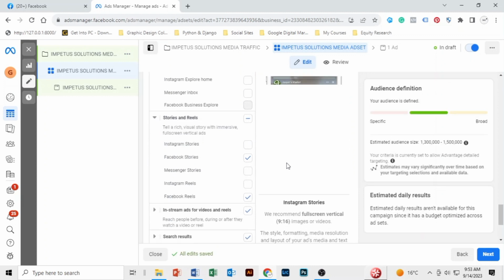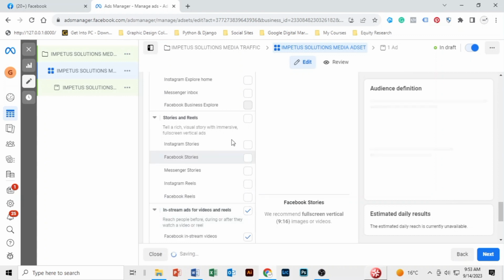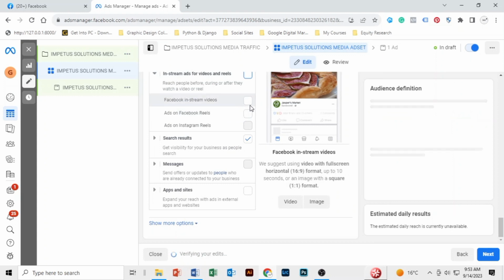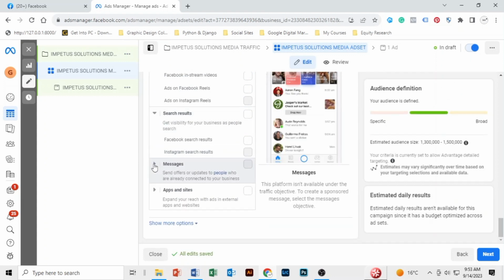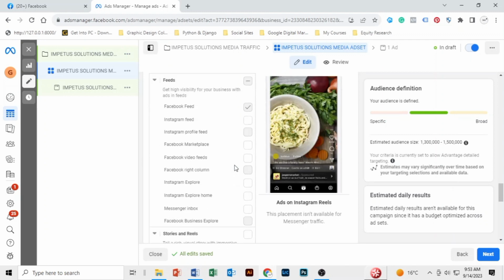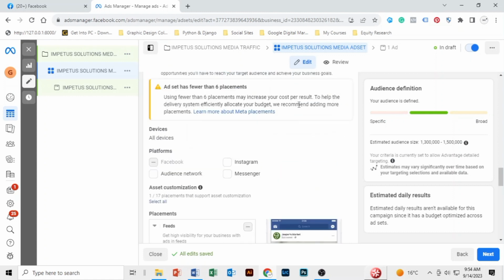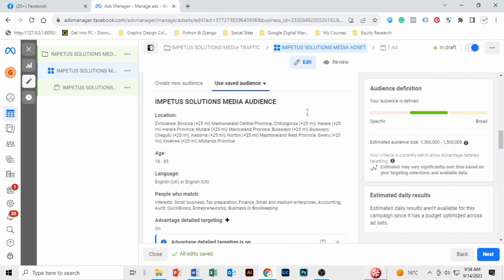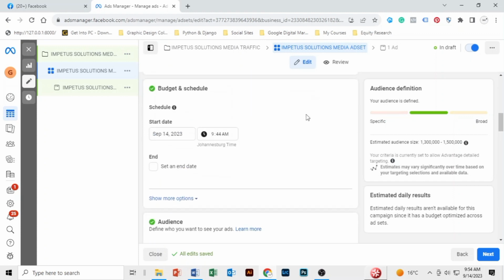I don't want my ad to be shown on Facebook stories or Facebook reels. I don't want that. And I don't want my ads to be shown on Instagram ads or anywhere else. I don't want that. So here you can see, I've unchecked everything. I only left Facebook feed. So I want my ad to be shown on the Facebook feed. So which is great. So I think at the moment we are done with the ad set level,